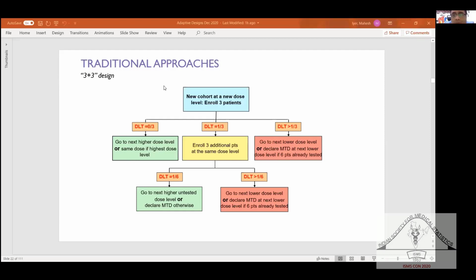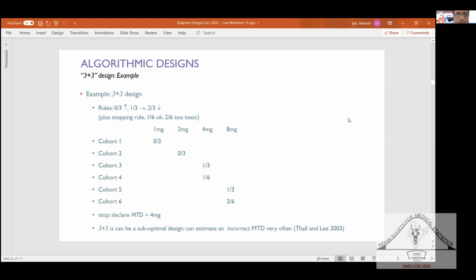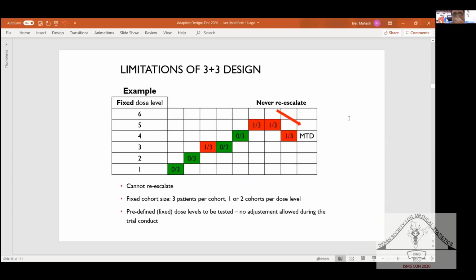Okay. And this 3+3 design, the operating characteristics of this design allow you to have a DLT rate of roughly 33%, or 35%. And that's the reason why the 3+3 was a very, very famous popular design that was used. Okay. But there is a problem with the 3+3. And what's the problem? Is that this is the problem.